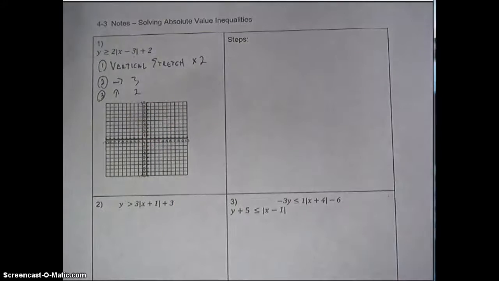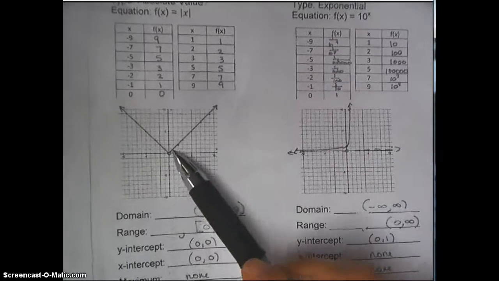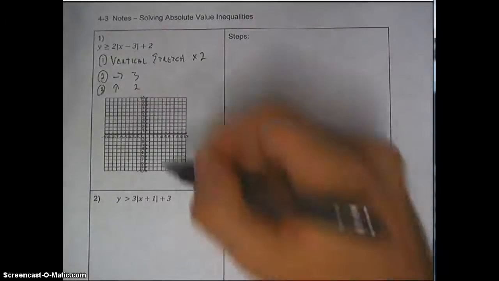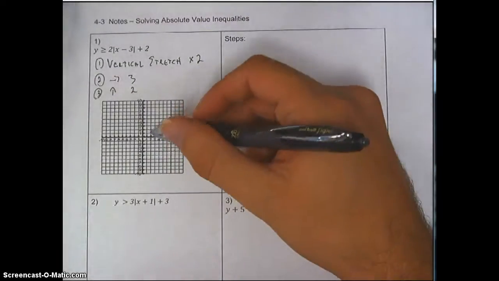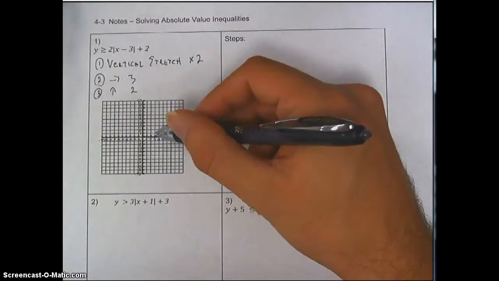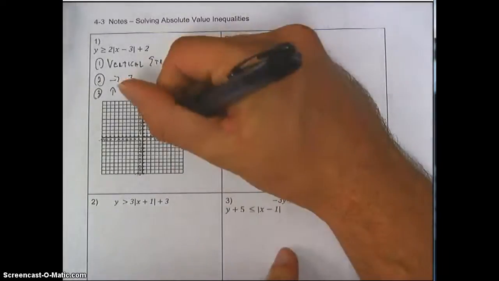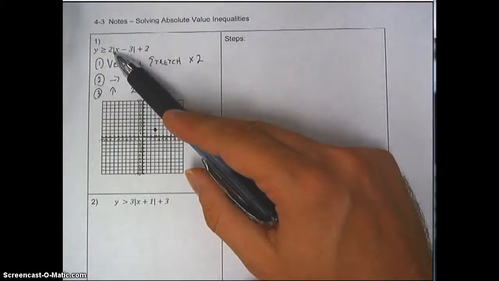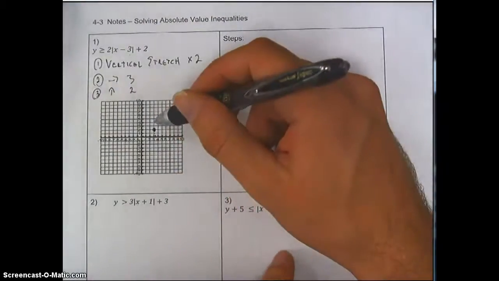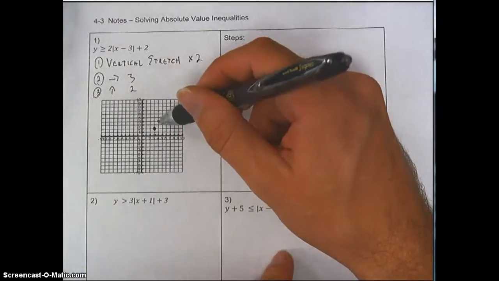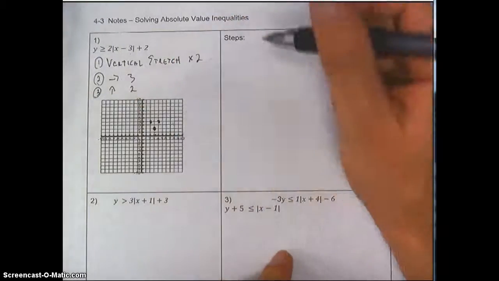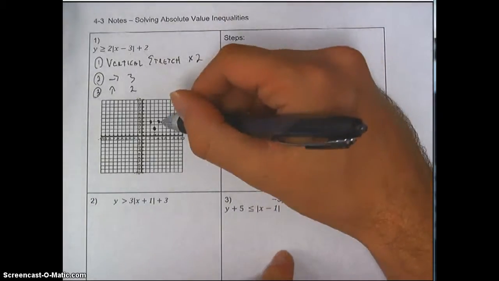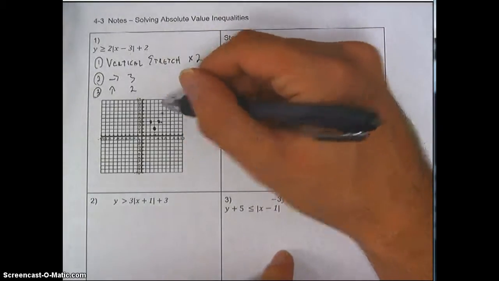So you might remember that the absolute value parent function starts at the origin. So we're always referencing the origin when we begin. So from the origin, I'm going to go right 1, 2, 3, and up 1, 2. I'm going to put a little dot right there. Now there's this matter of the vertical stretch. We need to go up 1, 2, and in either direction, I need to go over 1. And then from each of those dots I just drew, we're going to go up 2 over 1, up 2